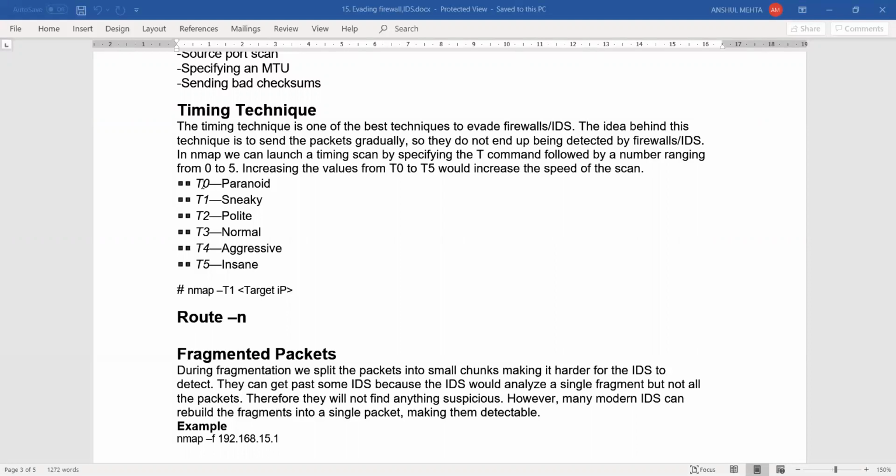So the idea behind sending fewer packets is so that your Nmap scans can blend in with normal traffic. With a slower scan, you have a much higher chance of being able to blend in with normal traffic. But with a faster scan, if you're sending too many requests in a very short period of time, that is much easier to detect for an IDS and also for an IPS. If an IPS detects it, it may simply change the firewall rules and block your IP.